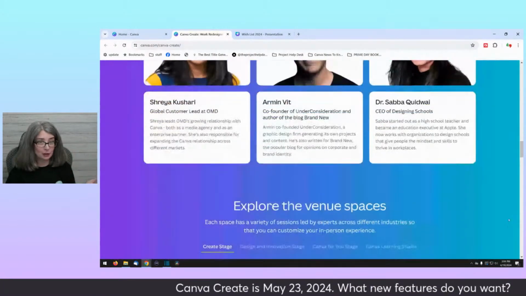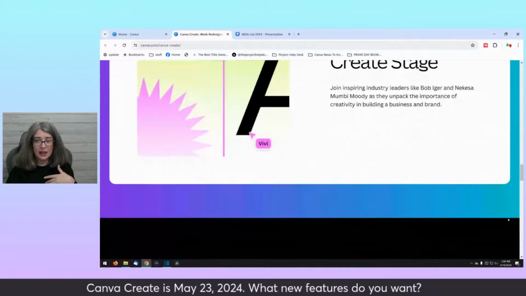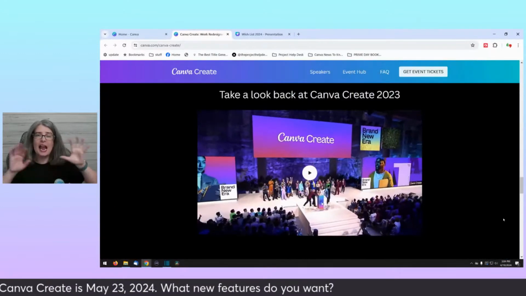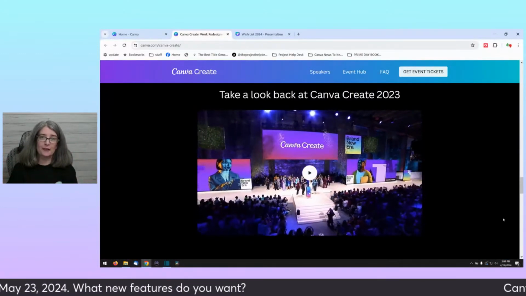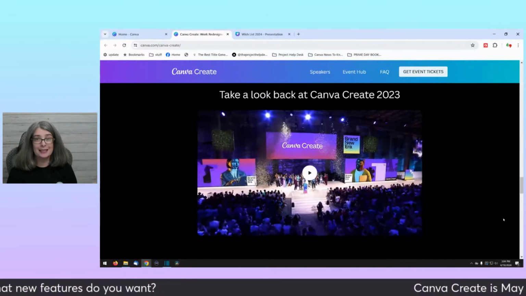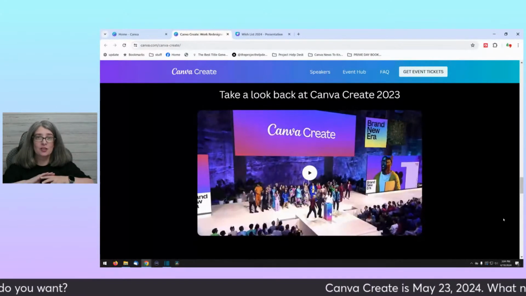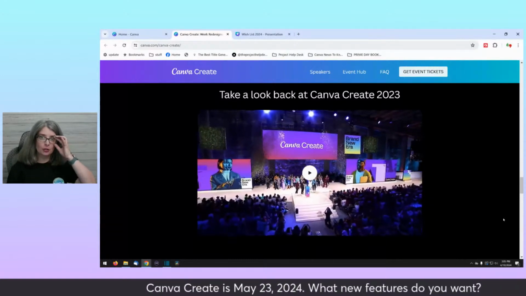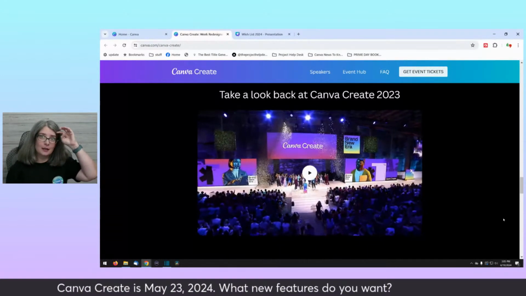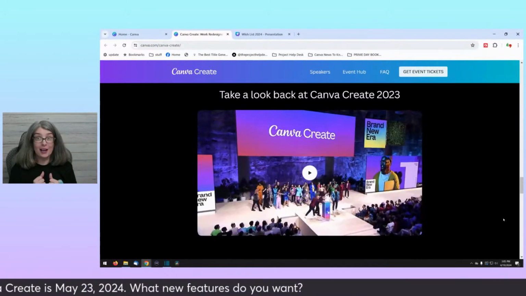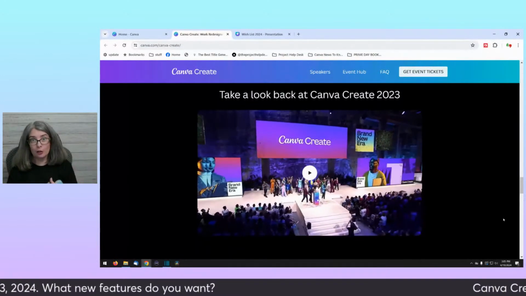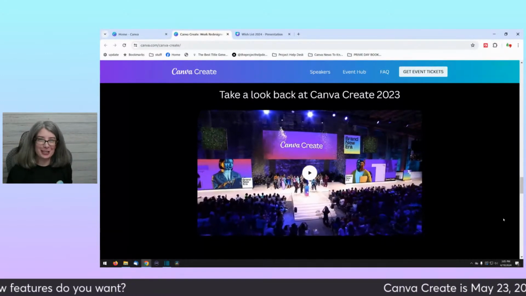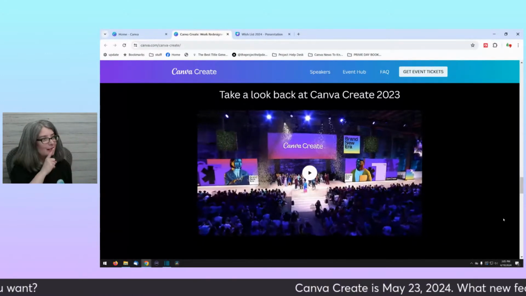So I'm scrolling through, and every single Canva Create event is just so exciting because typically they announce awesome new features. And what features do I really want Canva to launch this year? Great question. I'm going to tell you.